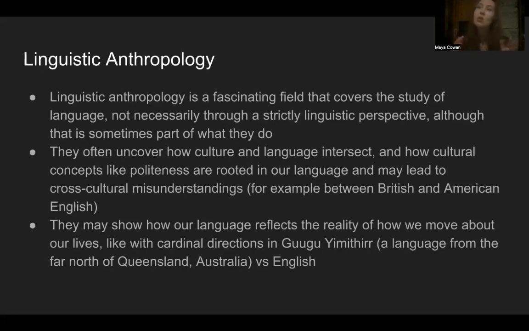And negative politeness tends to be, with positive politeness, you're kind of putting more out there of yourself, and that's what makes it positive. But with negative politeness, you're kind of keeping yourself back a little bit. You're more reserved. And so that's what makes it a negative politeness. Not that those are judgment terms, negative and positive, that's just where they're coming from. So it often leads to misunderstandings where when American people visit England, they say, oh my goodness, everyone was super rude there. And when British people visit America, they might say, oh my goodness, everyone was super rude there. And it's not that either culture is more or less rude, it's just that they have different ways of showing politeness.